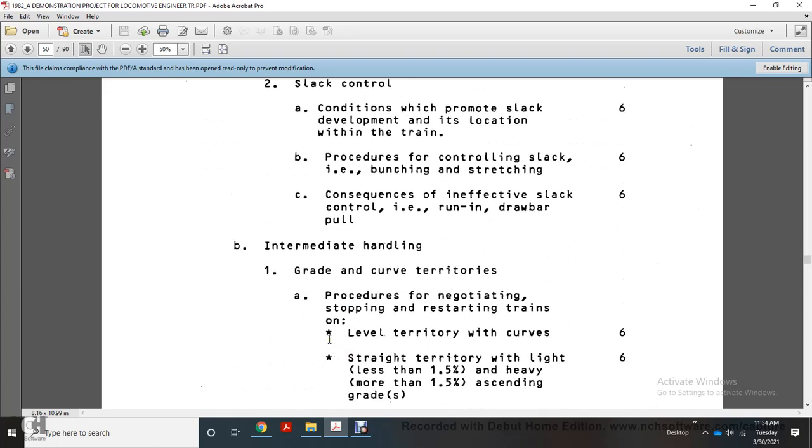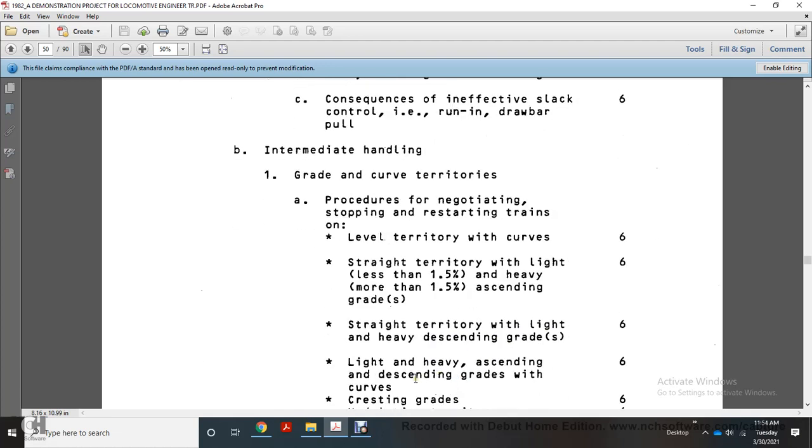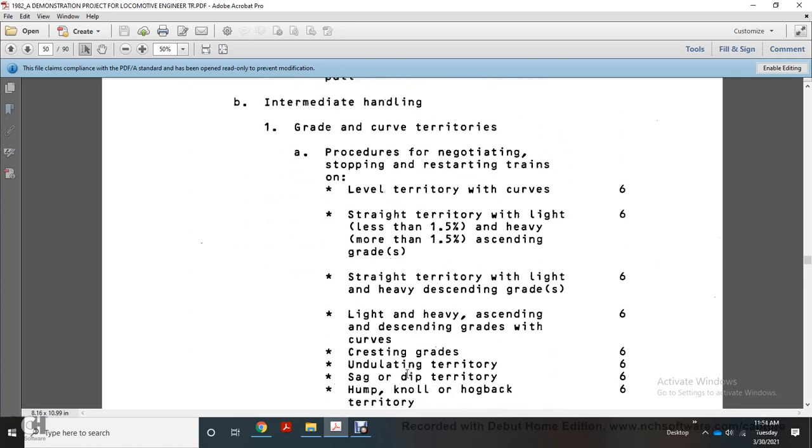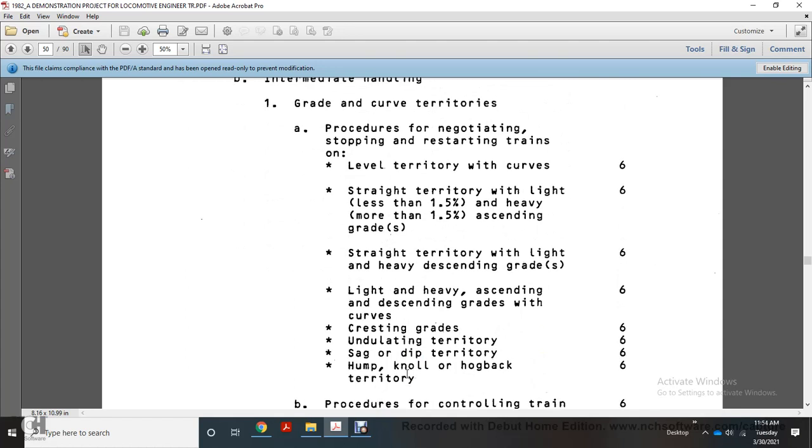Intermediate handling: grade, curve, and turbid territories, procedure for negotiating, stopping, and restarting trains on level territory with curves, straight territory with light, less than 1.5%, heavy, more than 1.5% ascending grade, straight territory, light, heavy, descending grade, light, heavy, descending grade with curves, crescent grades, undulating territory, sag or dip track territory, hump, knoll or hogback